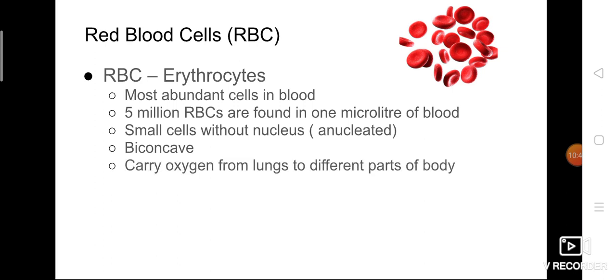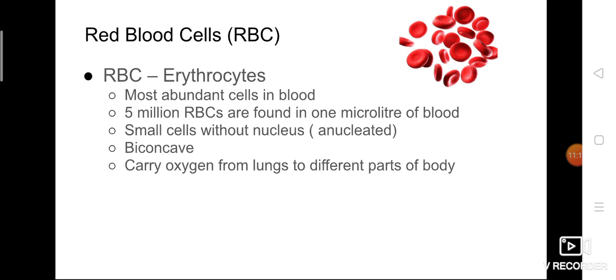Okay. What is the main purpose of RBC? It carries oxygen from lungs to different parts of the body. So we have studied this in respiration. I hope you remember, isn't it? Oxygen, that is what we are inhaling from the atmosphere, binds with blood, because blood is the only medium which can travel to all parts of our body, isn't it? So it binds with that blood and it will be transported to all parts of the cells. Okay. So blood, we know that blood contains 4 components.